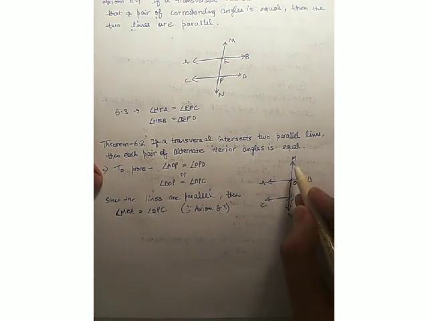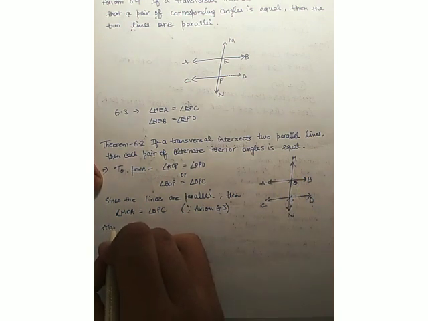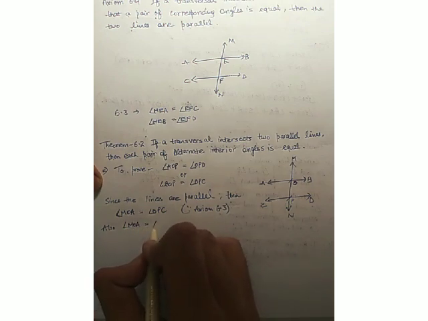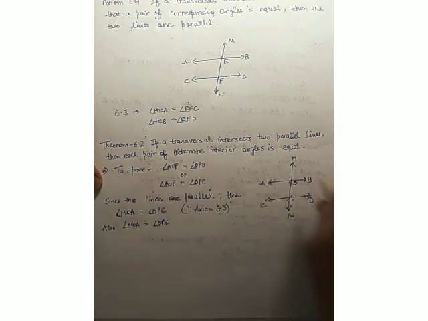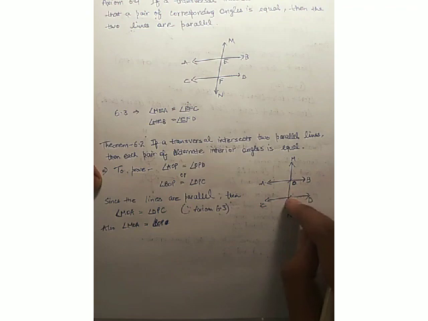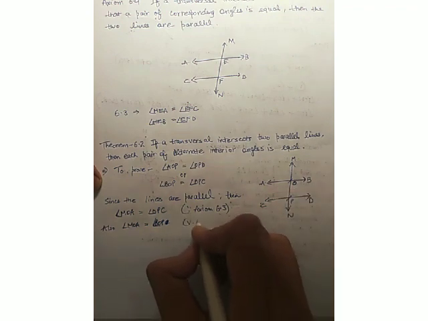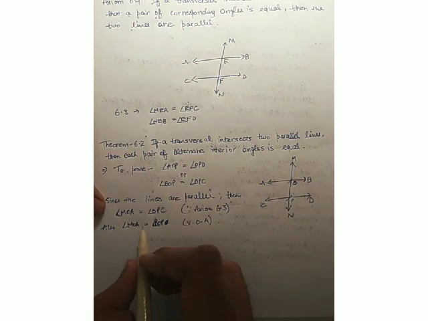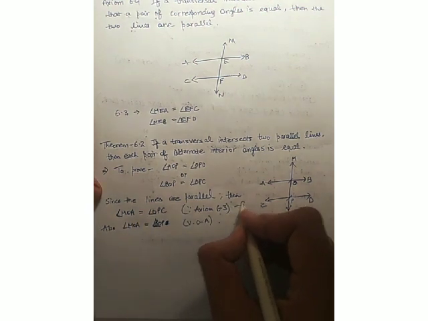Clear? Also MOA is equal to BOP. Now why? MOA and BOP are vertically opposite angles. Just tilt your diagram a little bit and you will get to know that MOA and BOP are vertically opposite angles. Clear? Now from equation 1 and 2,